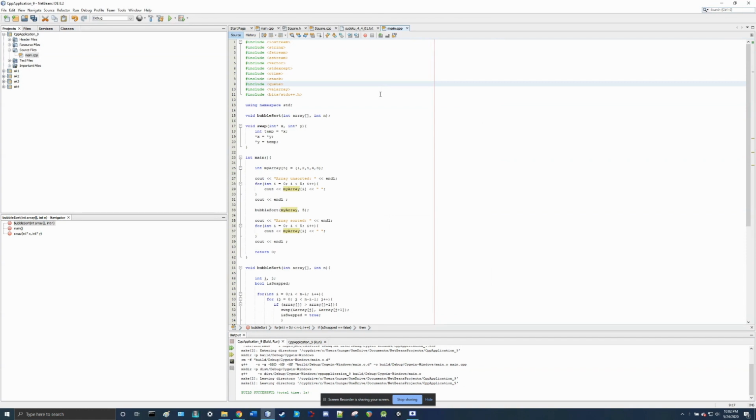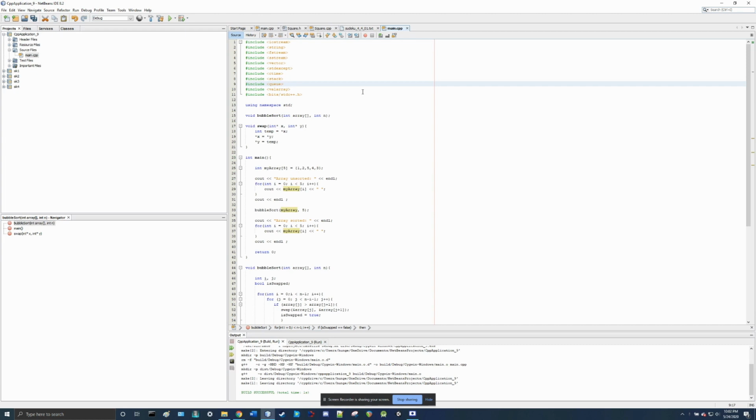Hello, and welcome to another video in computer science, C++. We are now going to do a more complicated example. One could say considerably more complicated because it uses new concepts that we haven't done before, and it takes a lot to wrap your head around. This is the bubble sort example,